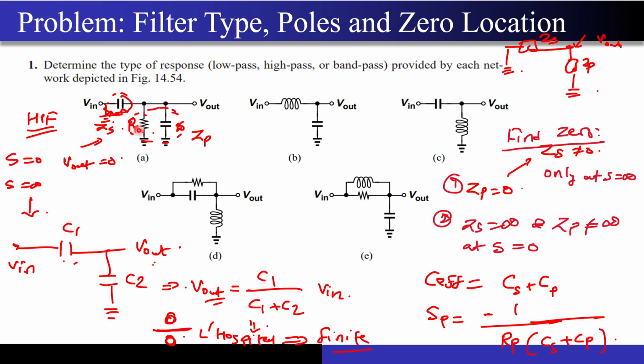But what happens at S equal to infinity? Your capacitor acts as a short circuit, even this is acting as a short circuit. So now one of these paths wants the V out to reach towards the V in. This path now wants the V out to reach 0. So there are two parallel paths which are actually fighting with each other to force V out either to V in or to 0.